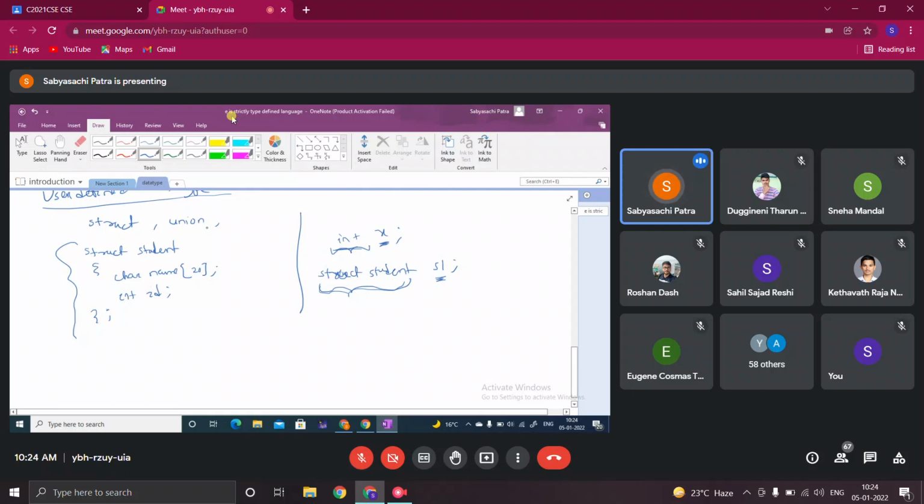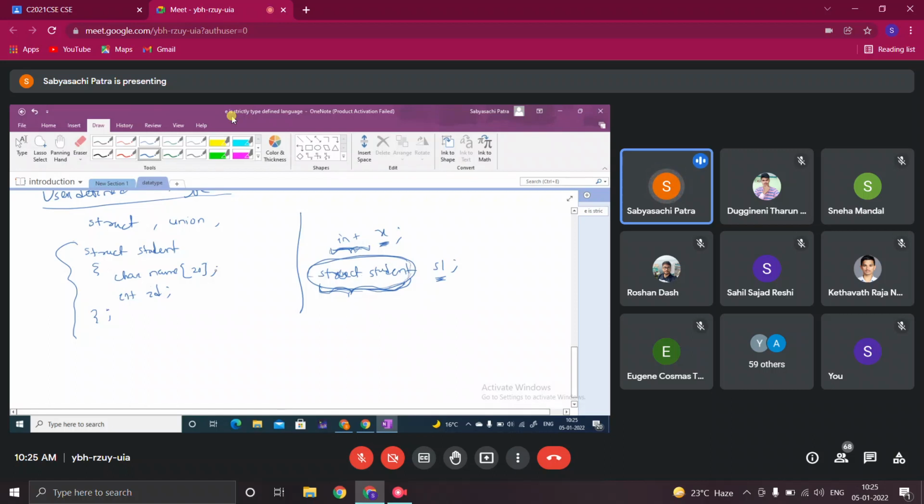See, actually some data types are already there, which are fundamental. Then from fundamental, you can have derived data types like array and pointer. And some data types you can define by yourself depending on your requirement. So here, with the help of the structure concept, I am defining a structure data type, struct student. So this data type I can use similarly to the integer data type. When you want to create a variable of type integer, you write integer x. Similarly, s1 is a variable here, which is of type struct student. So this is the data type.